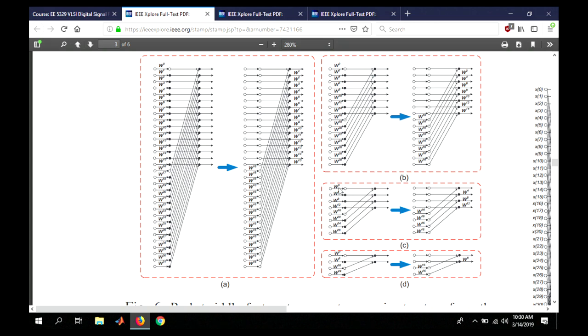Block C, these are all multiples of 4, w to the power 0, 4, 8, 12, etc. So, here again 4 and 20, push 4 out, like that. And then block D, these are multiples of 8: 0, 8, 16, 24. 0 and 16 stay the same, 8 and 24, push w to the power 8 out, and these all become minus j.